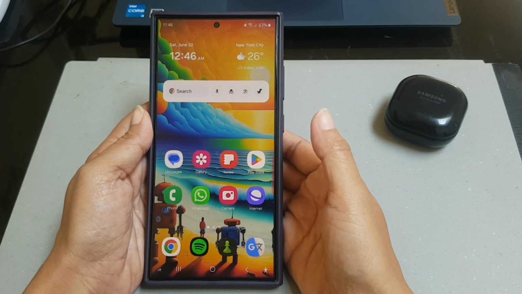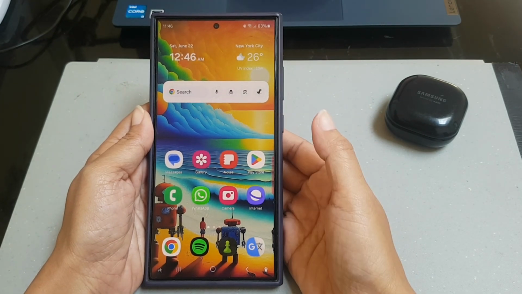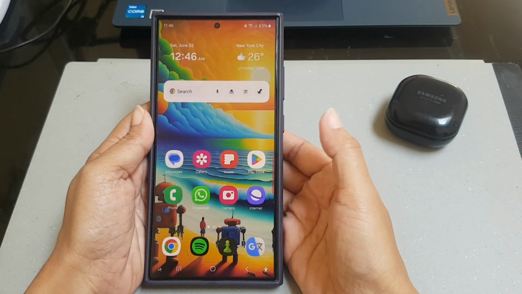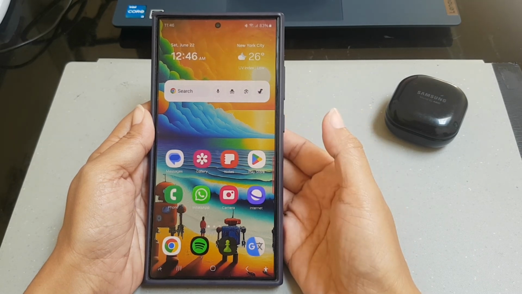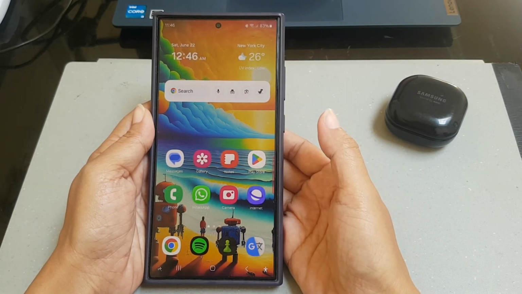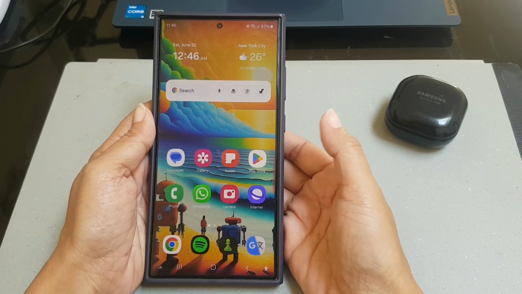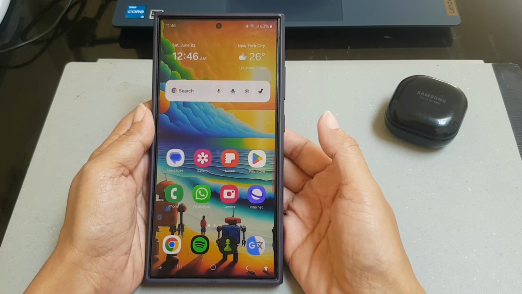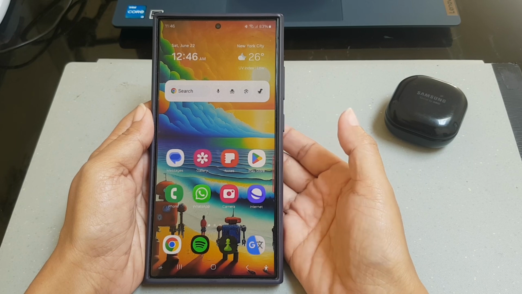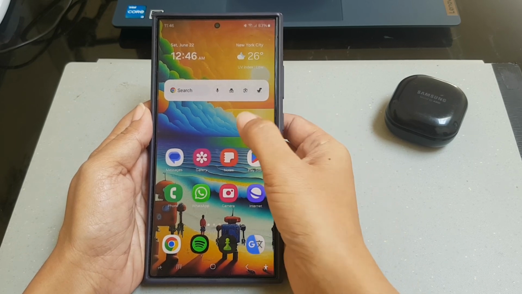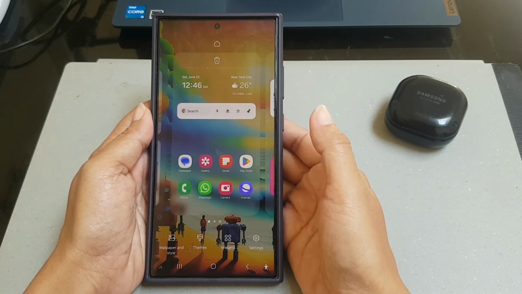To show your upcoming events in the next weeks on your home screen on Samsung Galaxy S24 Ultra, you have to add the upcoming event list widget from the Samsung Calendar to your home screen. To do so, on your home screen, long tap on an empty area to go to the home screen edit screen, and then tap Widget.